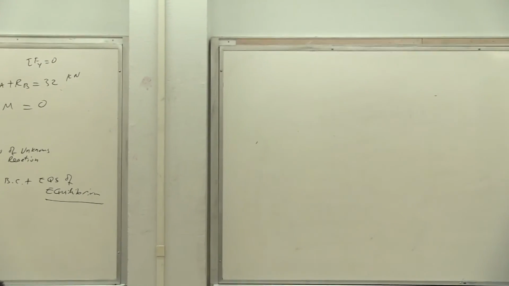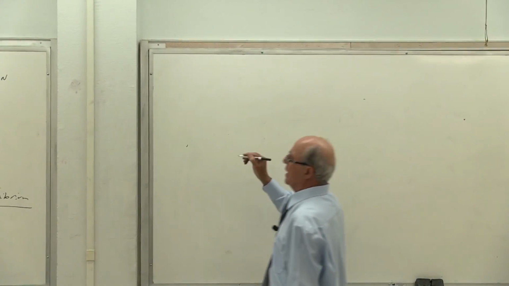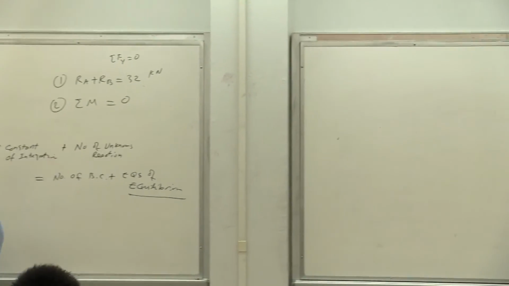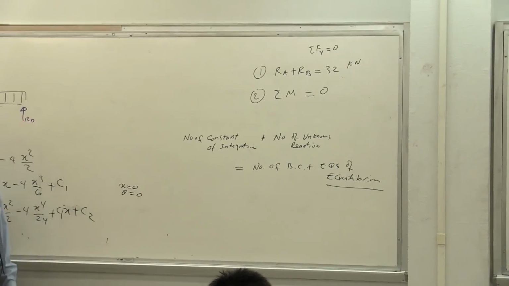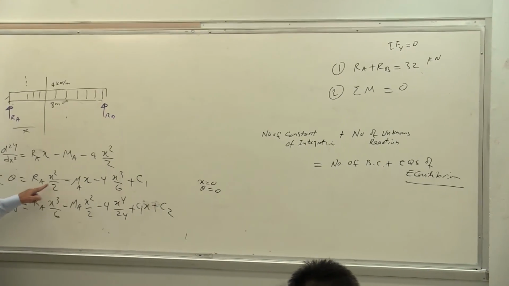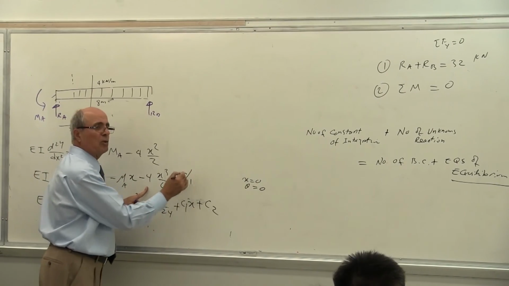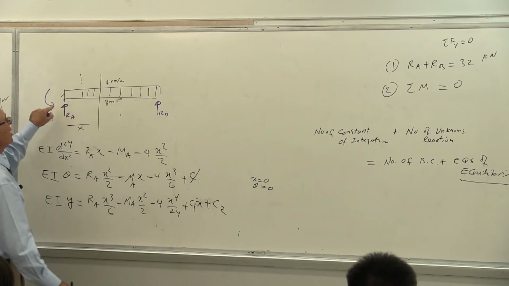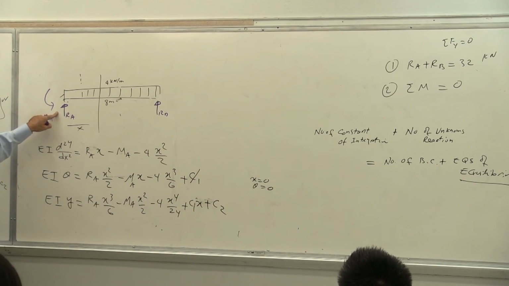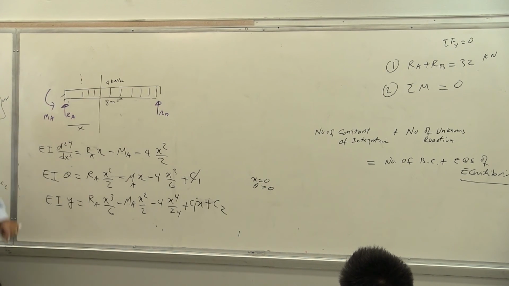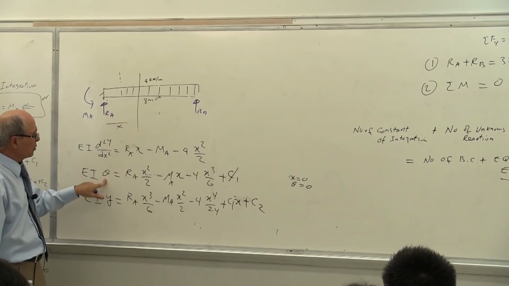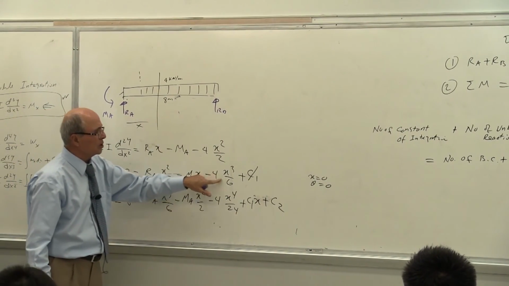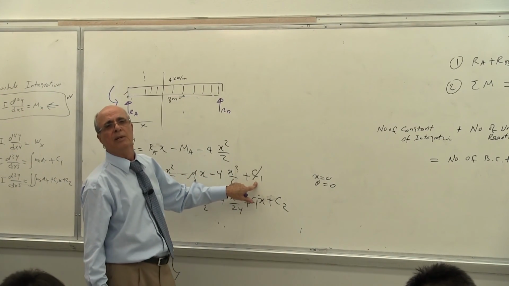Actually, it's very simple. Look at it. First, at x, let's do it here. At x equal to 0, theta equal to 0. Yes or no? See, x equal to 0, 0, 0. C1 must be equal to 0. Actually, it's very good for you to have your support at the beginning, not at the end. I said it earlier. At x equal to 0, theta equal to 0. C1 must be equal to 0.